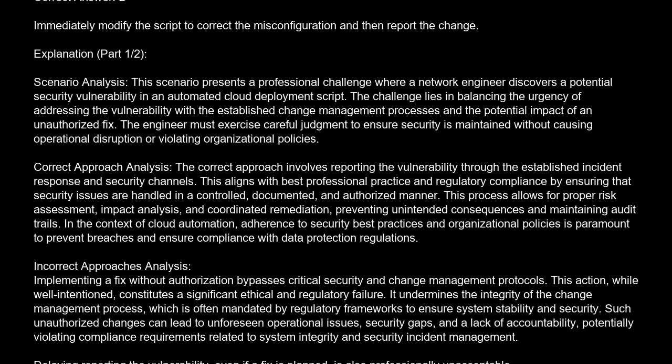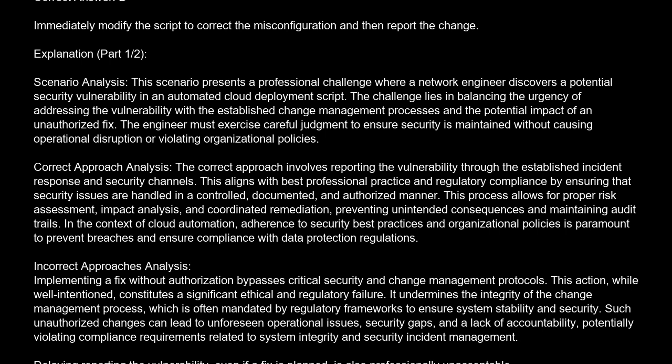The engineer must exercise careful judgment to ensure security is maintained without causing operational disruption or violating organizational policies. Correct approach analysis. The correct approach involves reporting the vulnerability through the established incident response and security channel. This aligns with best professional practice and regulatory compliance by ensuring that security issues are handled in a controlled, documented, and authorized manner. This process allows for proper risk assessment, impact analysis, and coordinated remediation, preventing unintended consequences and maintaining